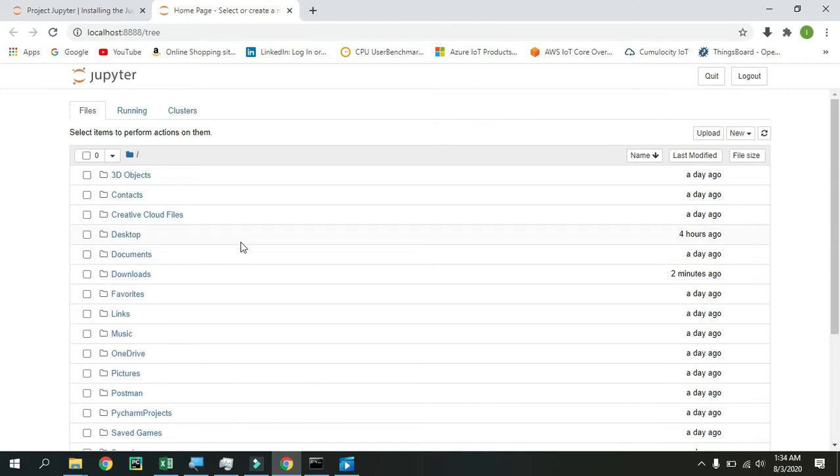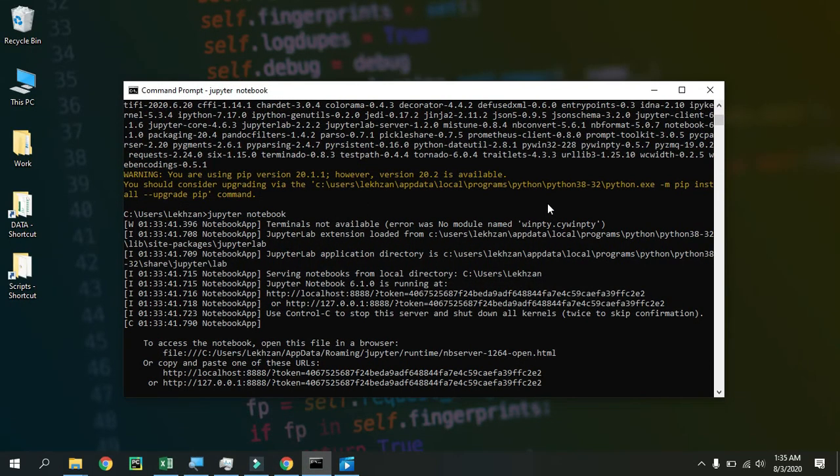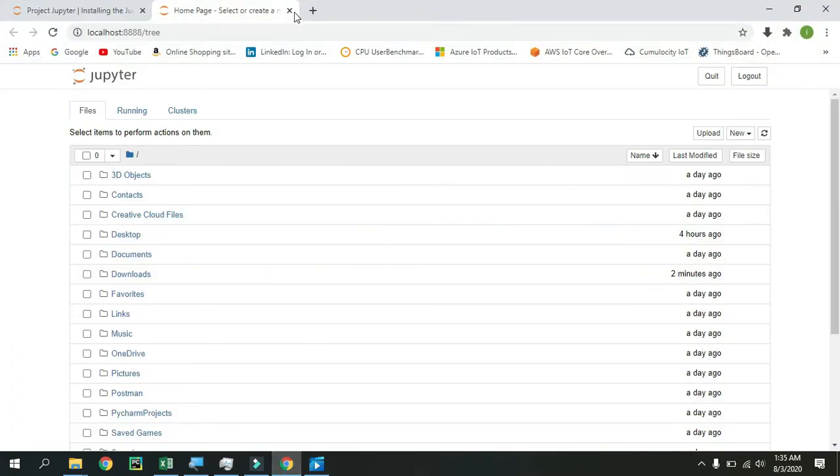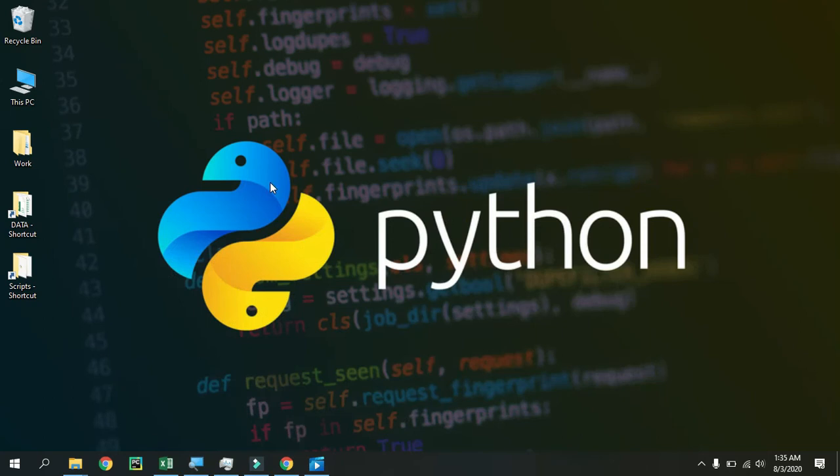But let's say if you want to open your Jupyter Notebook inside some other folders where your data files might be present, so for that purpose there is another way to do it. I'm gonna show you that as well. One more important thing is you should not close this command prompt until you are done working with your Jupyter Notebook. Okay, so now basically I'm going to show you the other way, so that's why I have to close this, and we'll make sure I close this as well.